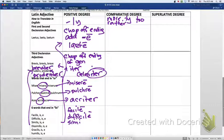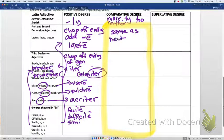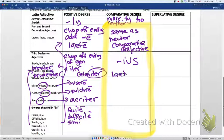More slowly. Okay, so the big deal to remember here is that all of these, in this box, work the same way, which is the same as the neuter comparative adjective. So they're going to have I-U-S. Okay, so it's going to be like laetius, brevius,